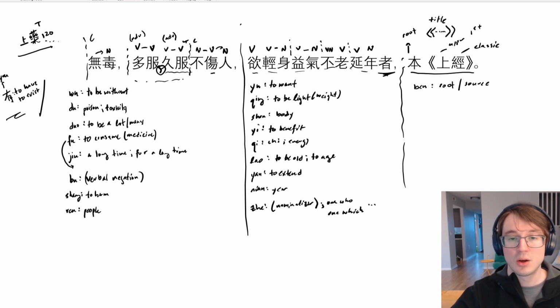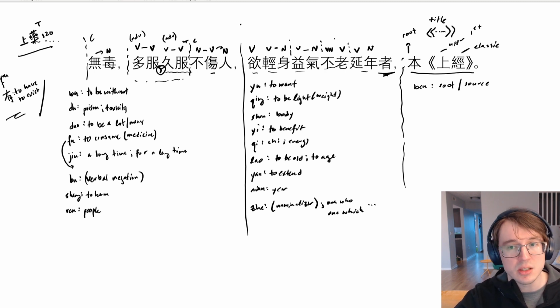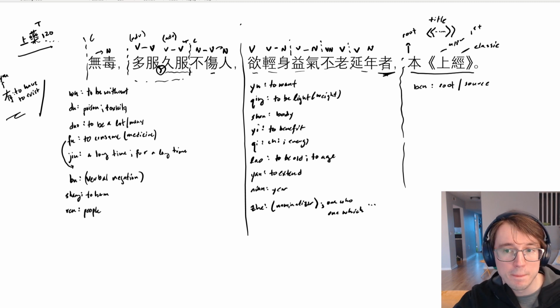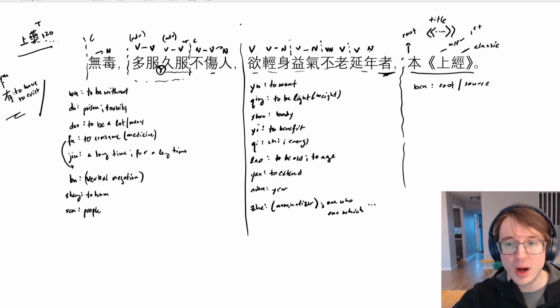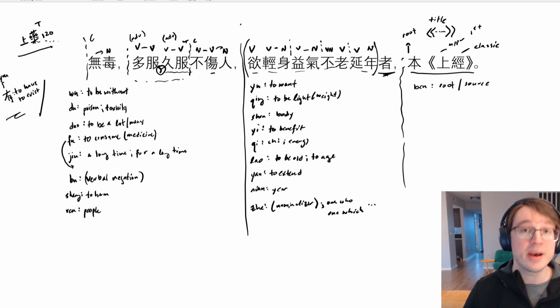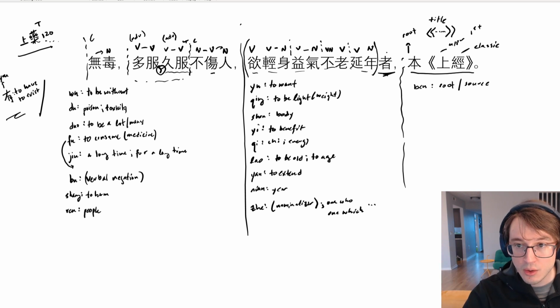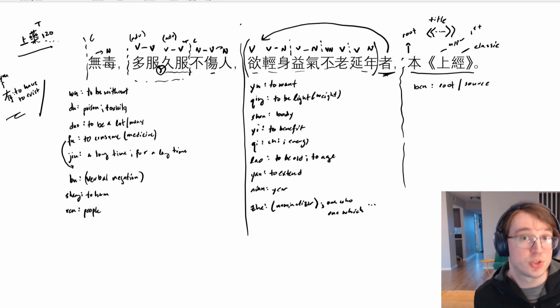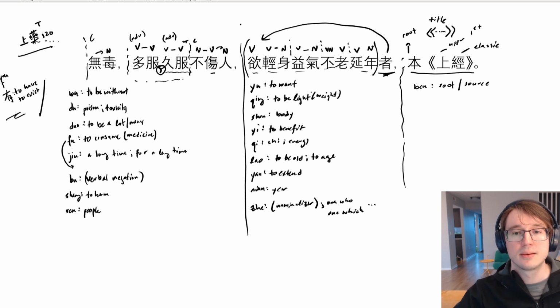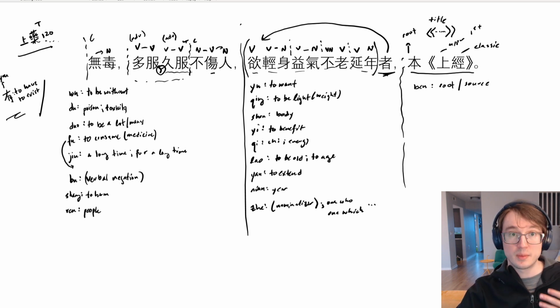In this case, it's at the beginning, yu, to desire to or to want to, each of these four things, and then this zhe, one who what? One who all of these things in front of us, because we're looking for a verb. Sometimes the nominalizer gets attached to a noun to emphasize the noun. But in this case, it makes the most sense to take it all together as one who does what? One who desires to lighten the body, benefit qi, not age, extend years in terms of extending the years of